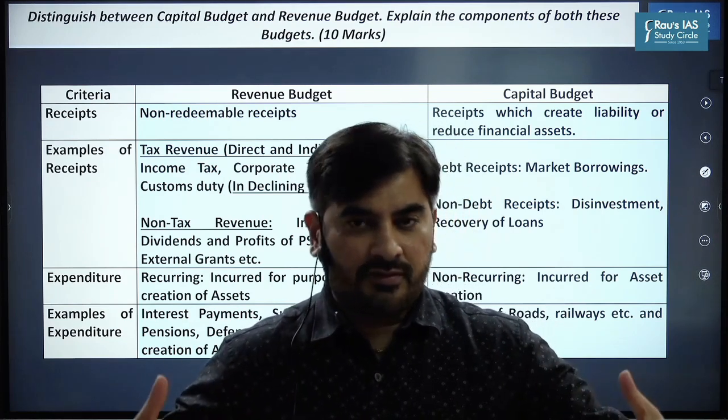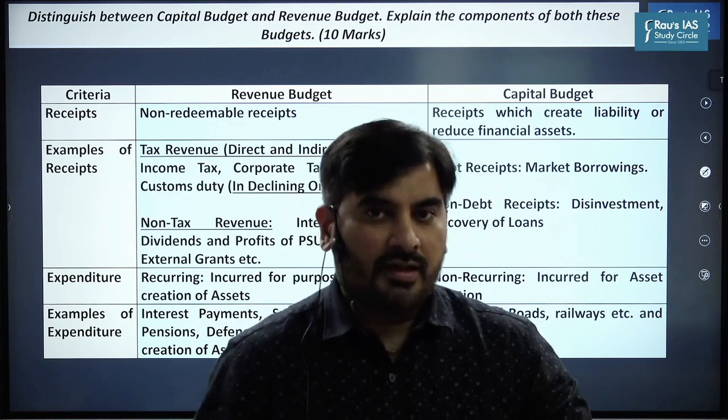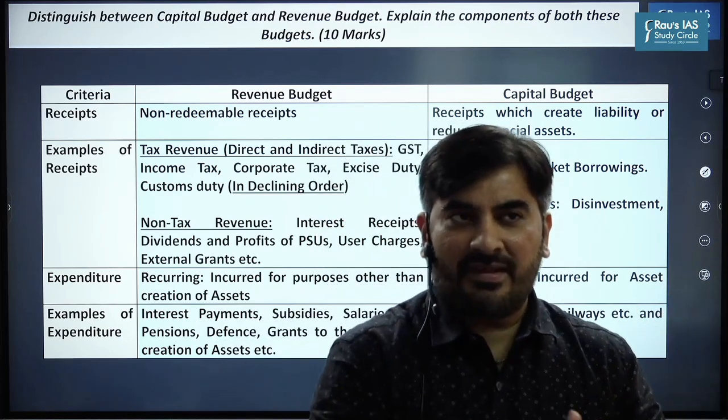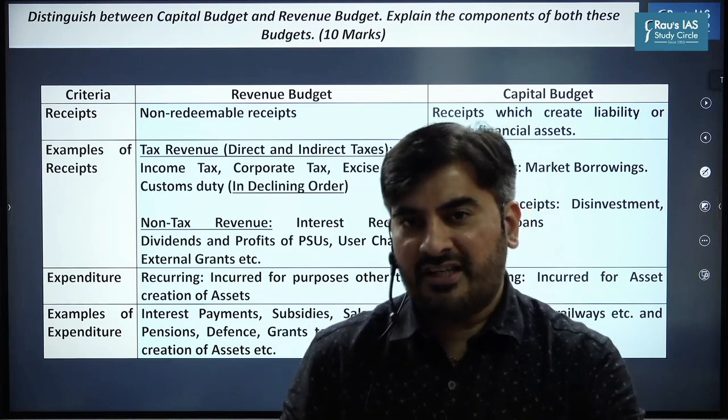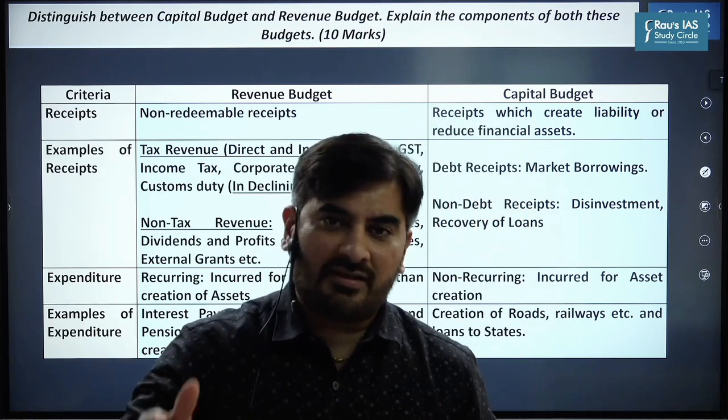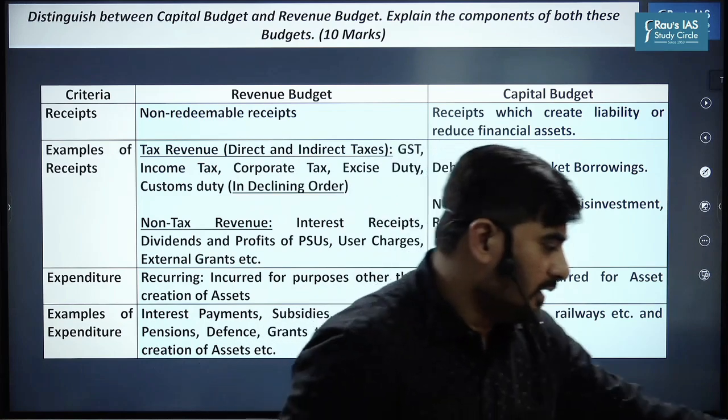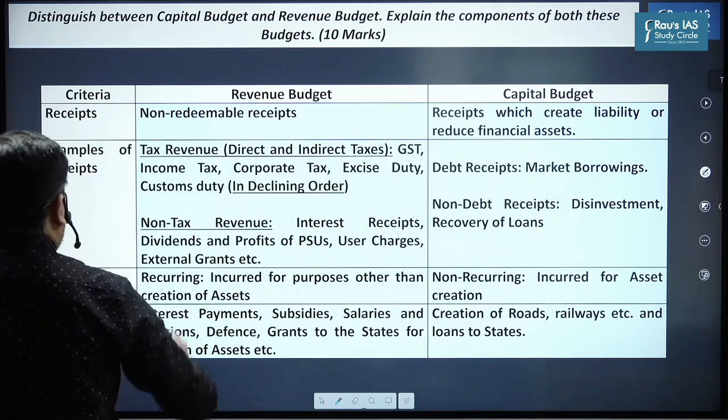Since both of these two are accounts, they will have their own receipts and their own expenditure. So the revenue account will have its revenue receipts and revenue expenditure, and the capital account will have capital receipts and capital expenditure. First, if you see revenue receipts